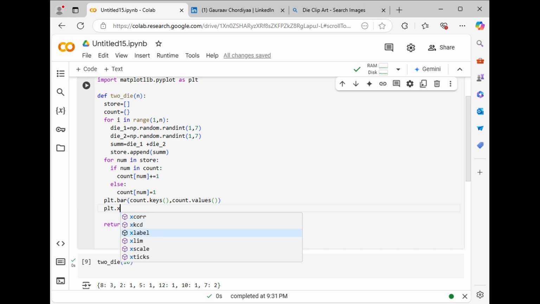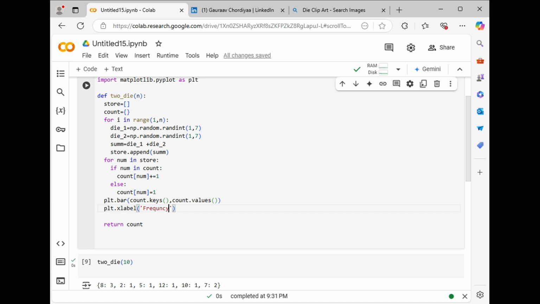x label and we will write x label, x axis पे क्या होने वाला है हमारे, what will be on the x axis. So on the x axis we have a frequency count, right? Frequency count or the summation, I think so. We have a summation over there, and here, let's see, it will be the frequency count. I don't remember क्या होगा.